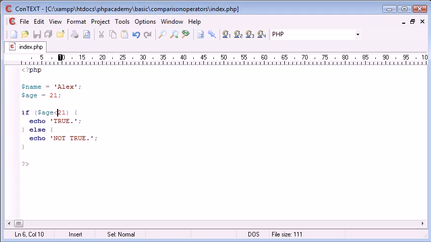So it's exactly the same as greater than or equal to, or less than or equal to, because the value is still equal. This true will be executed. Then what we can also do is we can